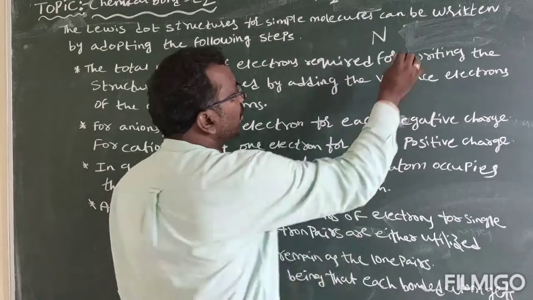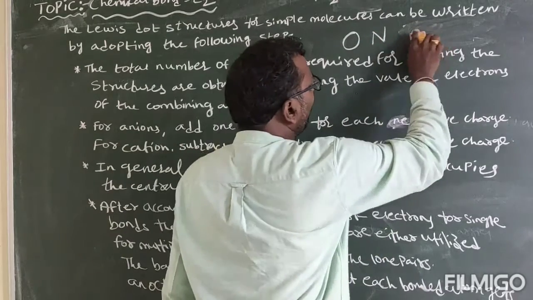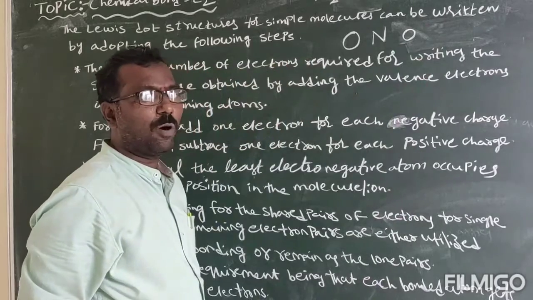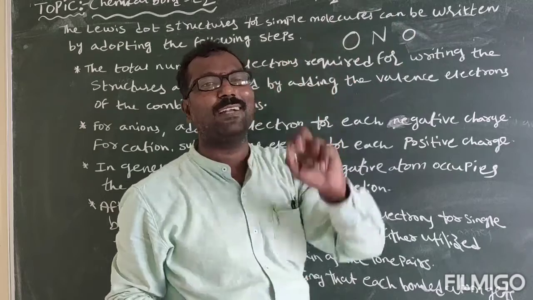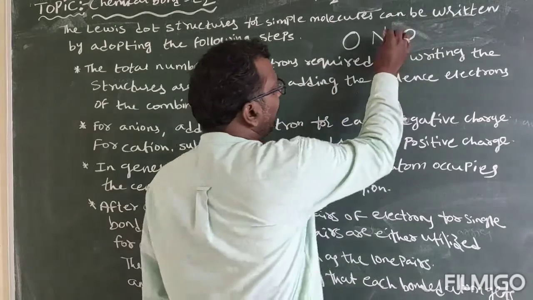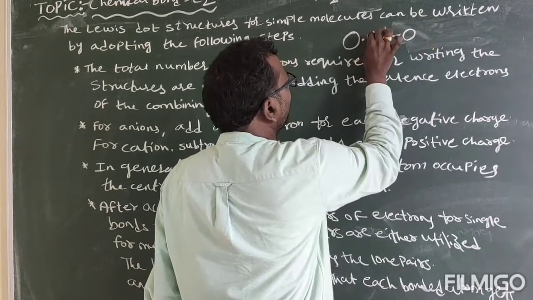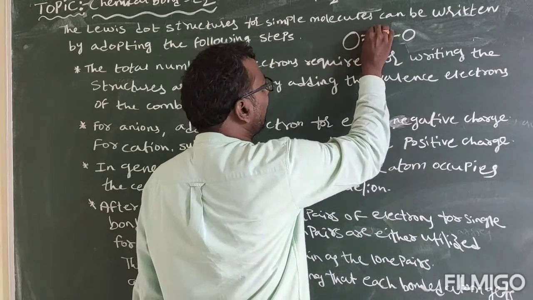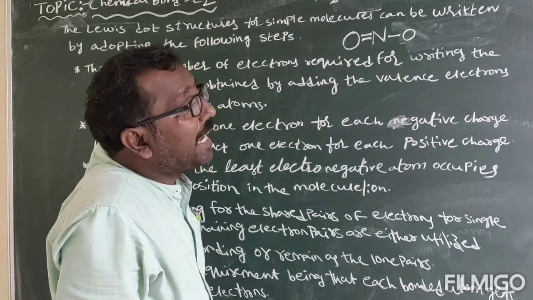So N I have taken, and oxygen this side and this side I have placed. Okay, I have placed oxygen on either side. Now what is required? For one oxygen, how many electrons are required? 2 electrons are required, which means it can form a double bond. Let us consider with nitrogen, one bonding is done this side and one bonding is done this side. Let us consider this oxygen has done double bonding. That is completed.